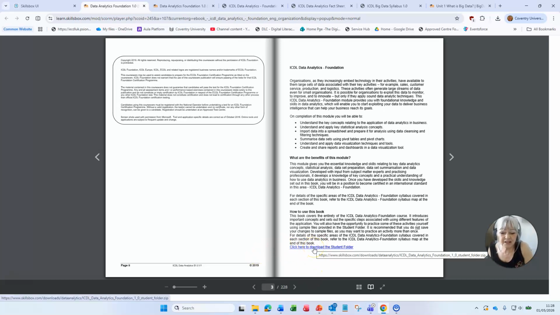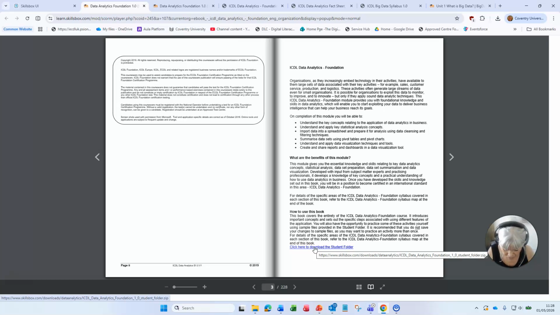Just near the front, you can see right at the bottom of the page, I'm just hovering on it, click here to download the student folder. So your student folder will have all of the Excel files that you need, the Power BI files that you need, that will ask you to open or to do something with them. Note in here, for example, if you had an Excel file, you asked to open purchases, you will always see that there's a solution one along below it or above it. So be aware of that, and what it will show you is what it's expecting at the end of